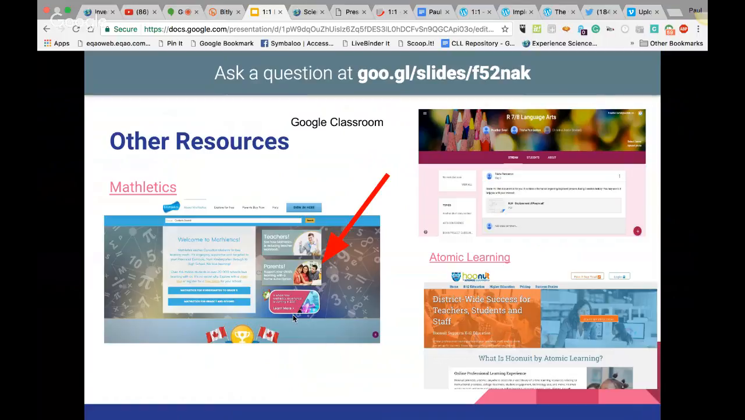Another program that I think is important that I would have liked to have used more was a program called Atomic Learning. Again, these are all programs that you have to pay for, but again, you're investing in your kids and in your teachers. Atomic Learning is a phenomenal platform, comes out of the States, but offers